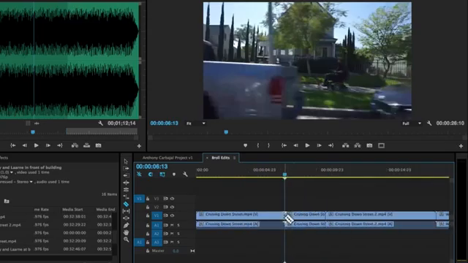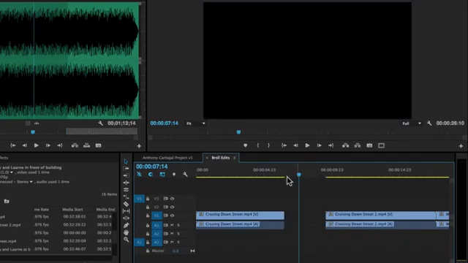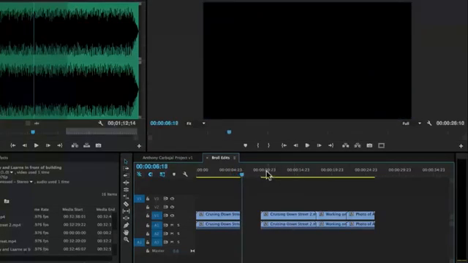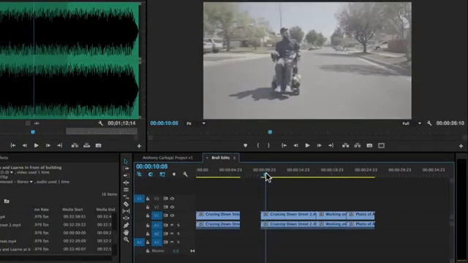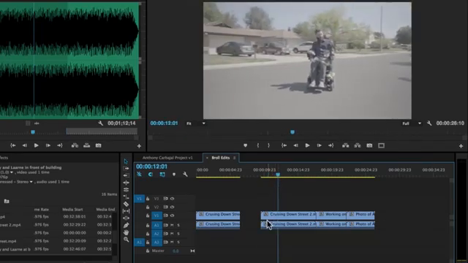So now we have an edit right at that spot. I can go back to my selection tool, just pressing V on my keyboard, select this second part where he's going behind that truck, and delete it just by pressing delete on my keyboard on a Mac or backspace on a PC. Say I want to cut right there, but then go directly into this clip right here, which hasn't been color corrected to about this point. I can take my razor blade tool again, trim right there,